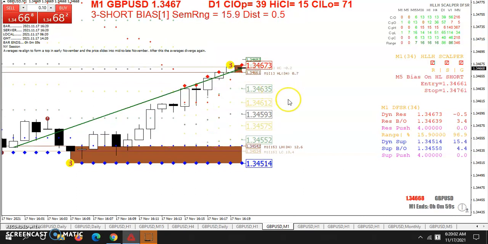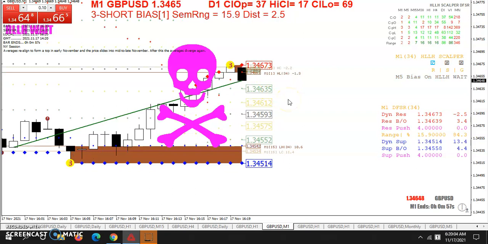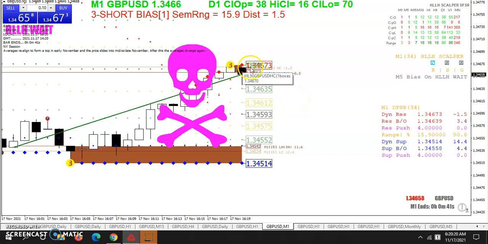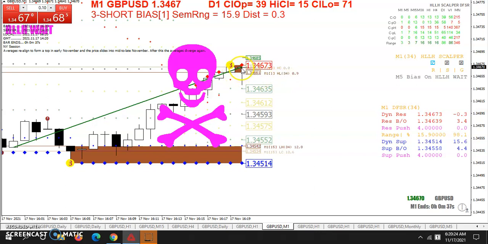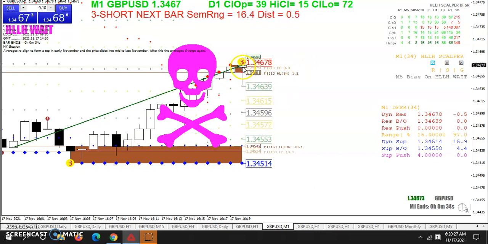So we've only got a couple of minutes left here, but you see here we got the short, but it happened so quick, you couldn't even have seen it. So sometimes you have to anticipate. So you know, Walmal likes to see a close in the box. I just want to get in the box, because like you saw how fast price moved, and it almost hit that level. You would have to have been really quick to get in and out,